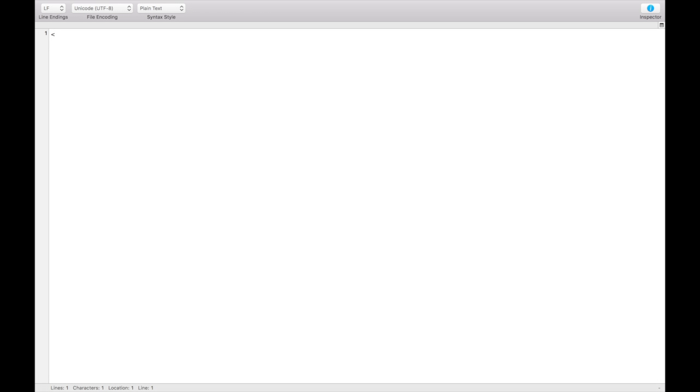Alright, so first you have to tell the computer it's XML. To do that, you open tag, question mark, XML version equals, in quotes, 1.0, in quotes, encoding equals, in quotes, UTF-8, end quote, question mark again, and close that. You don't need to close the tag. Then on the next line,